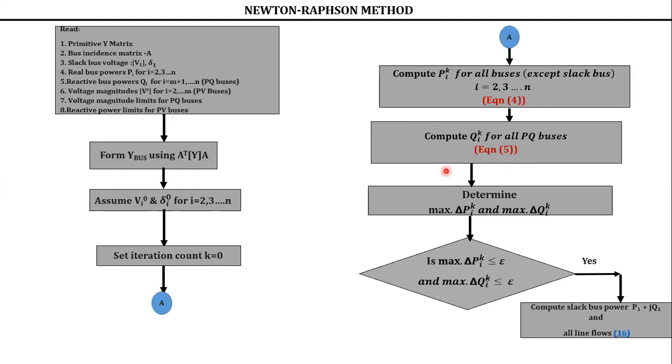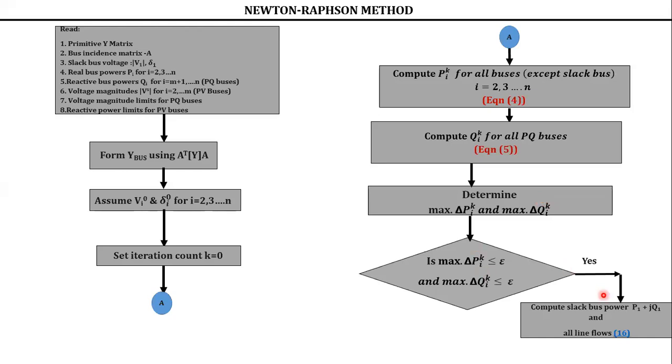Fine. So you may be having 3 buses. At 3 buses, you have the value of delta Pi. Among these 3 buses, which bus has got maximum change in real power? That value you have to consider here. Determine among these 3 values. Among 3 or 4 values, whatever it is, which bus has got maximum change in real power? That value you find out. Similarly for reactive power. Hope you understood this one, Saksha. This is the question Saksham Sharma has asked.